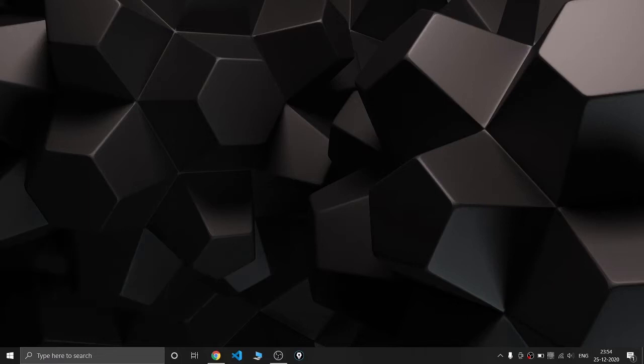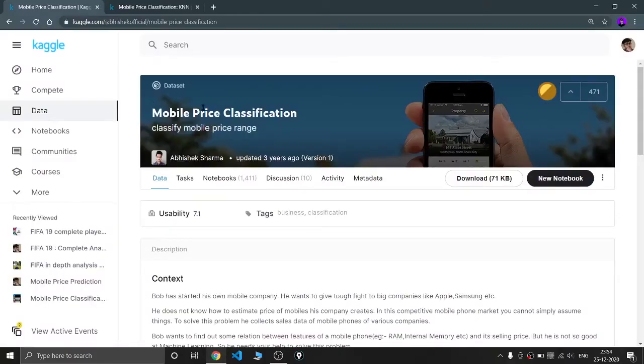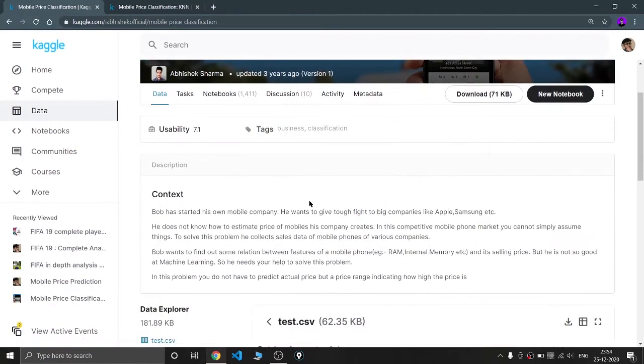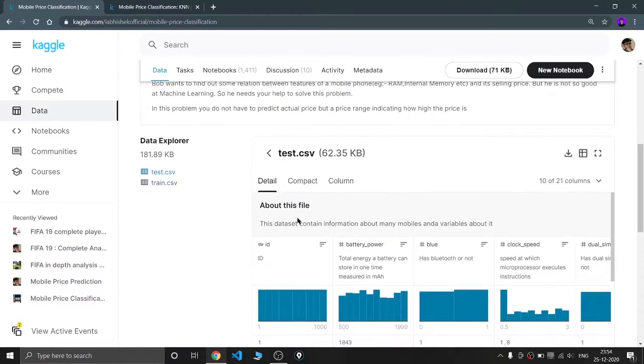So without wasting more time, let's go to Chrome and explore this data, that is mobile price classification. This data is uploaded by Abhishek Sharma, so thanks to the author. This is the data on which we are going to perform some analysis and model building, that is KNN. We are going to build a KNN and predict the accuracy, and we are also going to predict the values